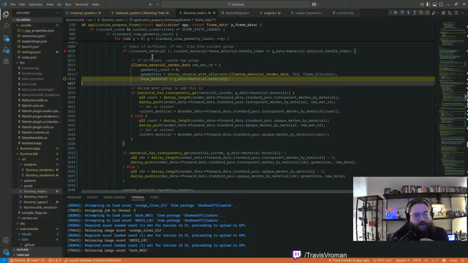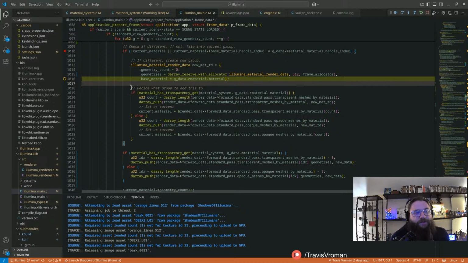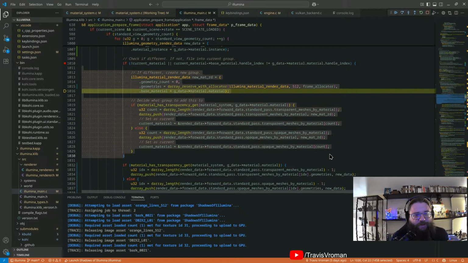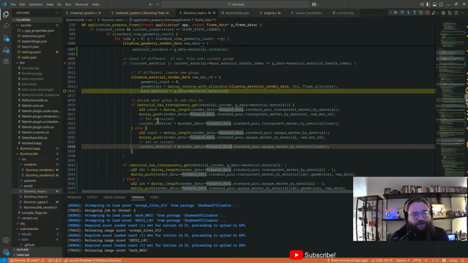Okay, so we go ahead and create a new material definition. This is, again, to group geometries by material. And then we check that material to say, hey, is it a transparent material or not? Because that changes what list it goes into. And again, this is eventually going to be done by the scene. This whole bit right here. Once we redo the scene, but for now we have to kind of do it here until we actually refactor